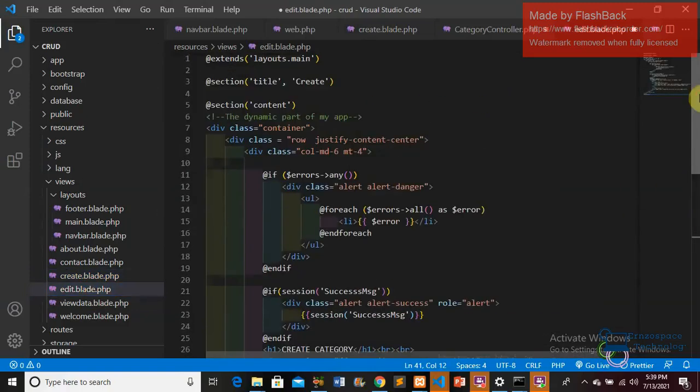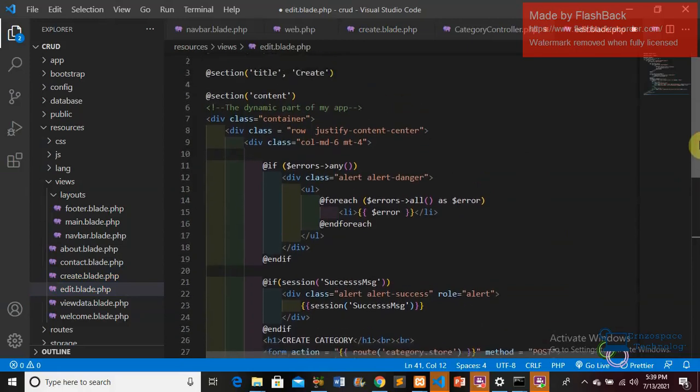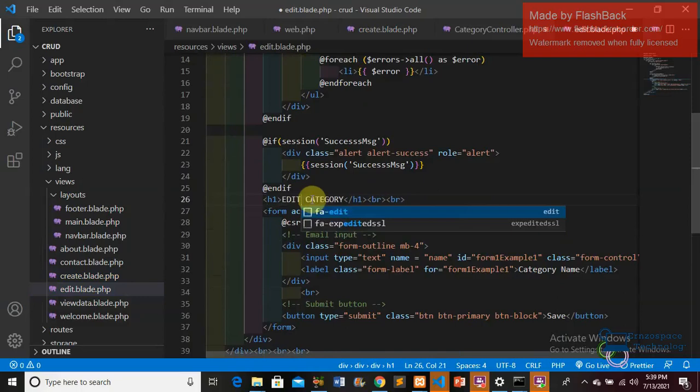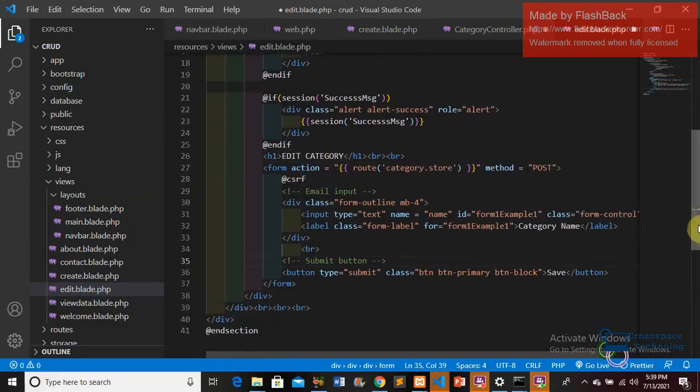So this is what I want. Now I have to change some stuff. Like here, I'm going to come here and change this to edit category. The H1 should be what? Edit category. So that's what I'm going to change there, edit category. The next thing I want to do right now is to use value. I only need the name, which is this name. So I'll come here and put what is called value. Sorry, small letter. I'll put value